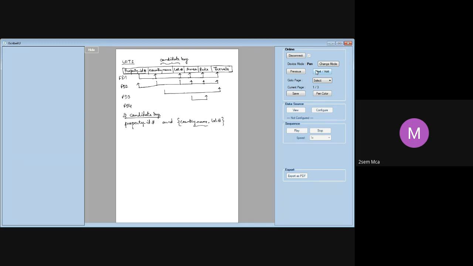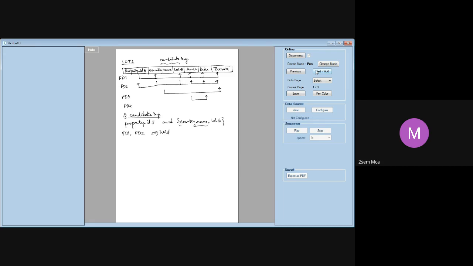Now, based on these two candidate keys, property ID and this composite key, we know that if you look at FD1 and FD2, both these functional dependencies hold. Why? When you look at FD1, is there anything that is not atomic? Everything will take an atomic value, a single value here. So FD1 is in first normal form. If you look at FD1 with respect to the second normal form, FD1 also satisfies second normal form because on the left side you have just one key. So there is nothing to remove and check. So FD1 also satisfies second normal form.